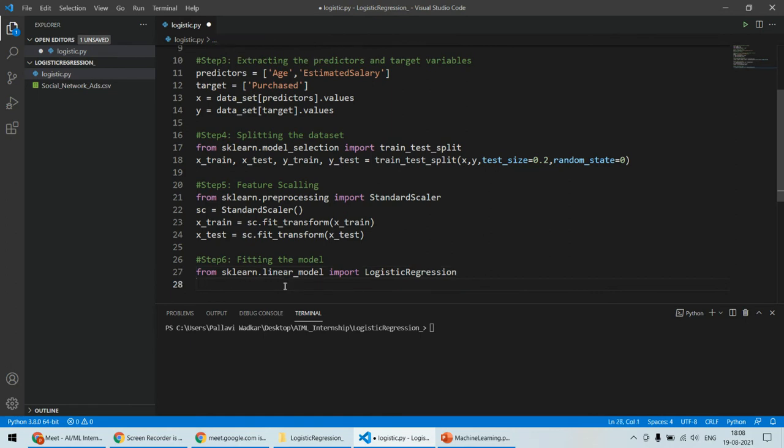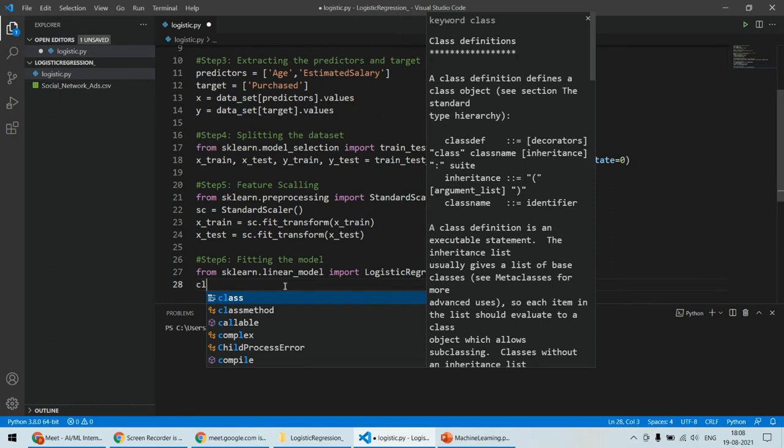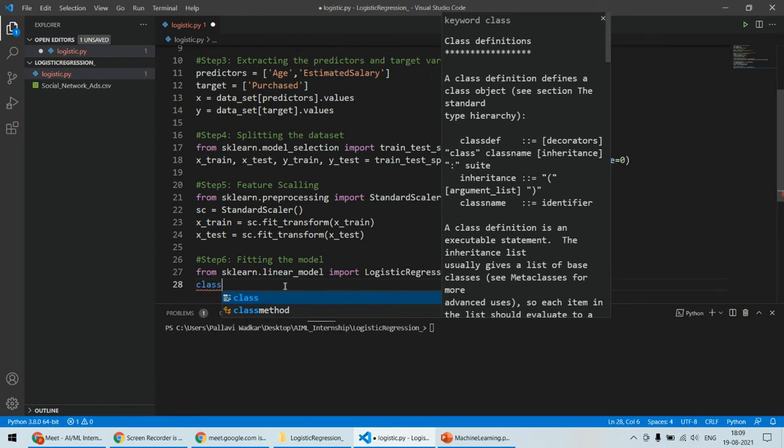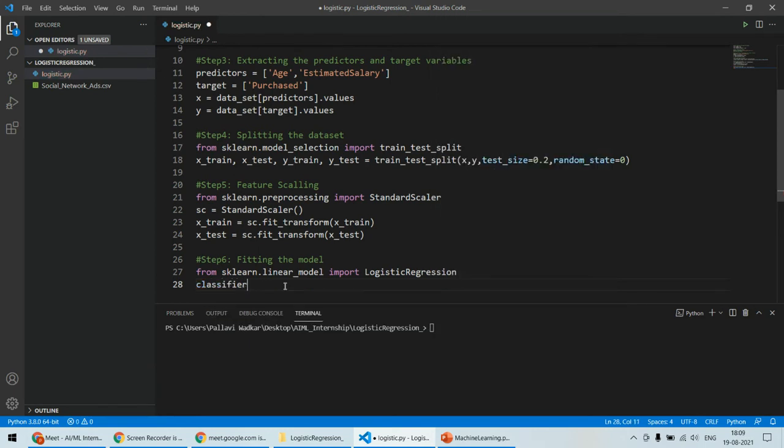You will be importing LogisticRegression this time. And now the classifier you will define, or you may give any name to this object. I am giving classifier as a name. You may give any other name also, as we are going to do some sort of classification. So LogisticRegression,